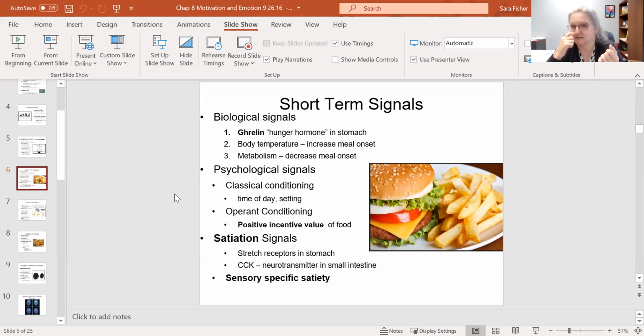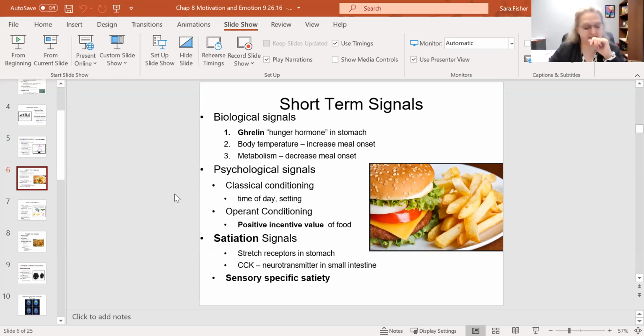And then certain places, much like when we were talking about drugs and addiction, and we talked about memory cues. So when we talked about how environment acts as a cue in the chapter on memory, we were talking about context cues. Those things also affect our appetite because settings cause physiological responses. I'm in a certain place, I'm smelling certain things, that means food, boom, now all of a sudden I'm hungry, right? So these are all psychological signals that prime us for eating.